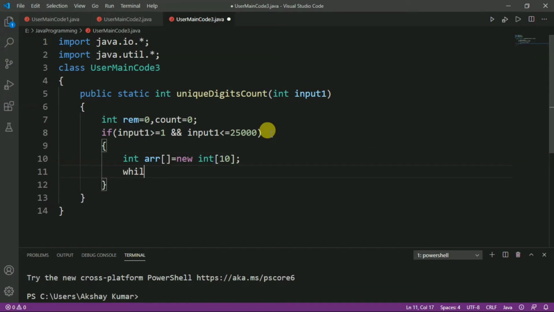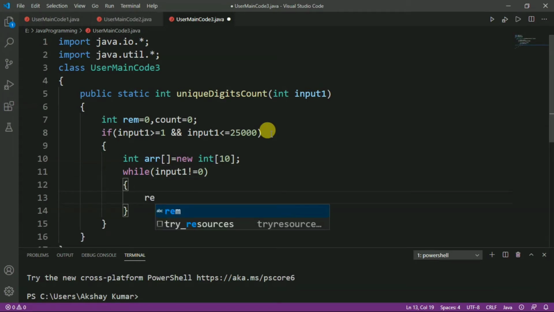We will take a while loop with the condition while input1 is not equal to 0, then we perform the operation rem equal to input1 modulus 10.